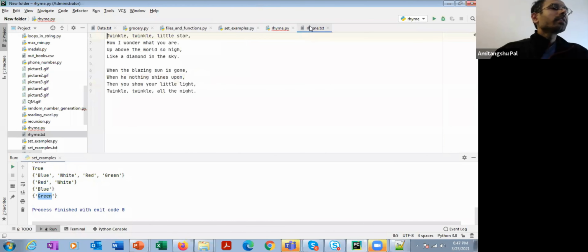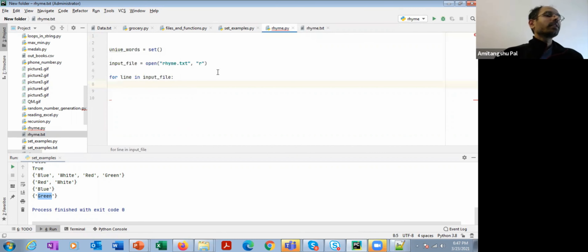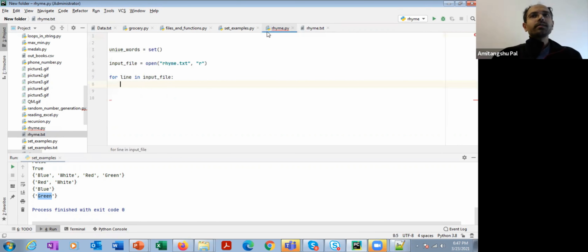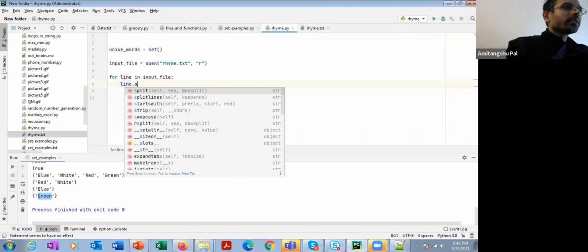After reading the first line, I need to split the line with respect to some delimiter. At first, let's split it with respect to white spaces, and then I'm going to clean it at the end. So at first, only use space as a delimiter. So line dot split.